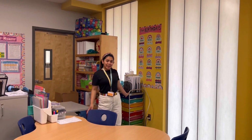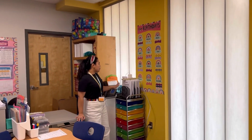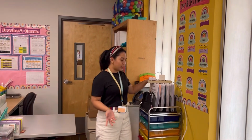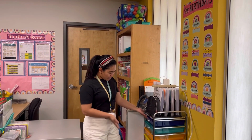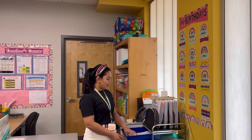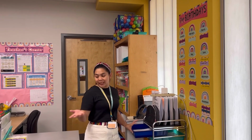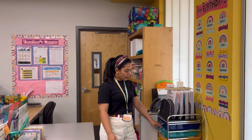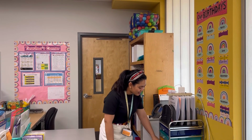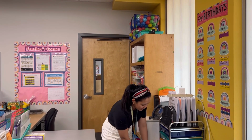And this part, okay, come on, you're so far. This part, this is where I keep all the worksheets that I printed already. And I bought this one from Target. It's $34, I guess. And blue is for reading, as I color-coded earlier on the bins. And these are already done. Orange is for math. These are already done. This is for